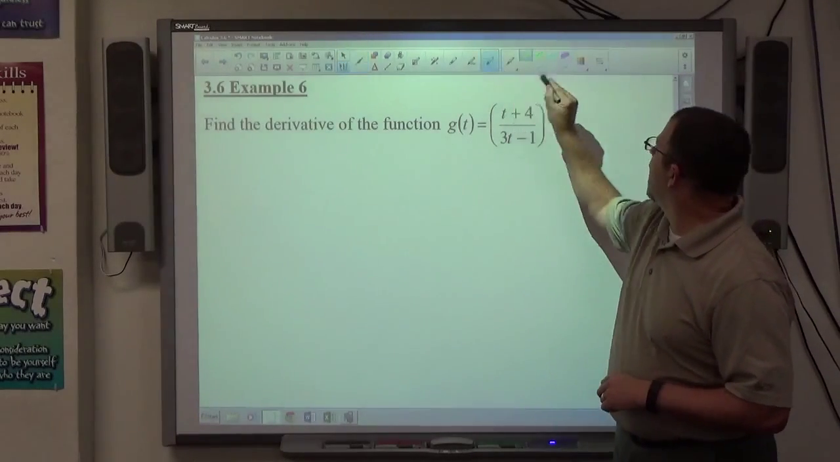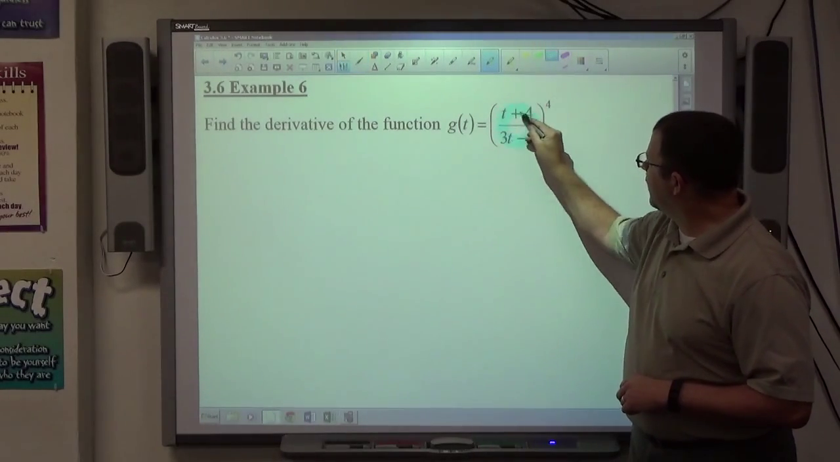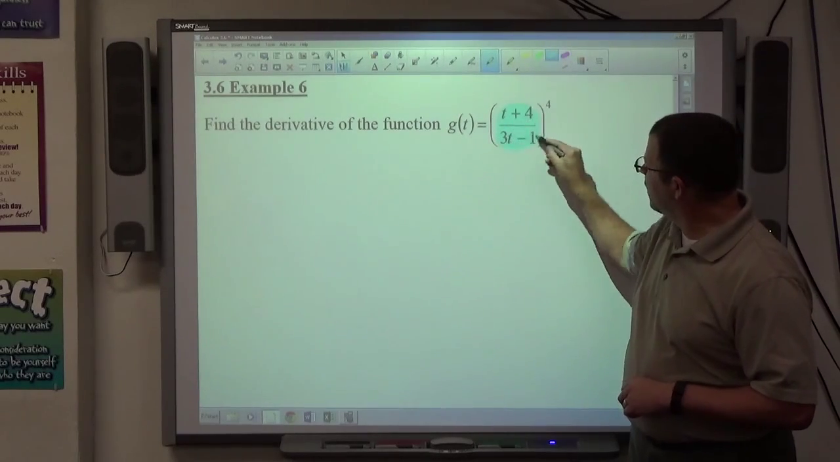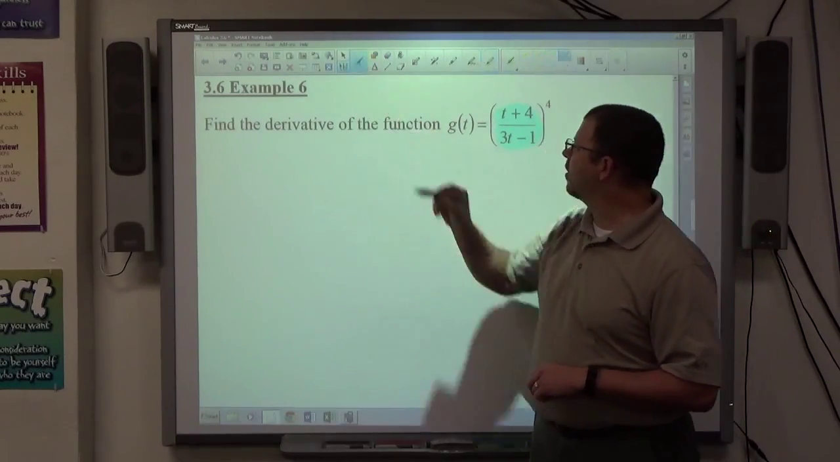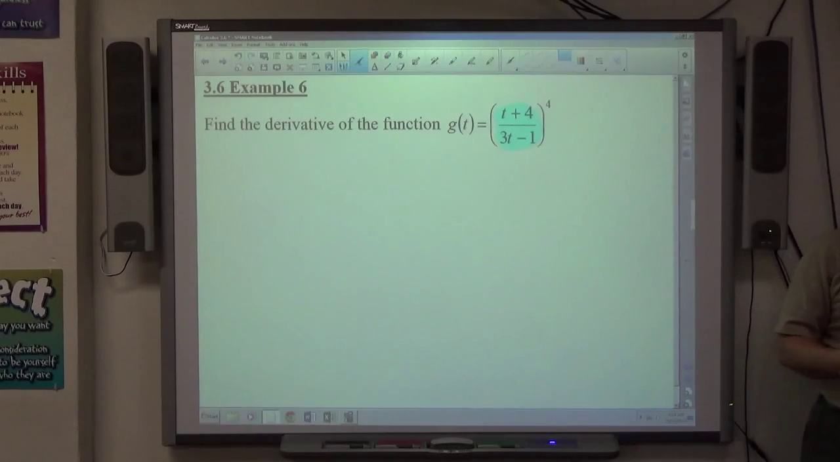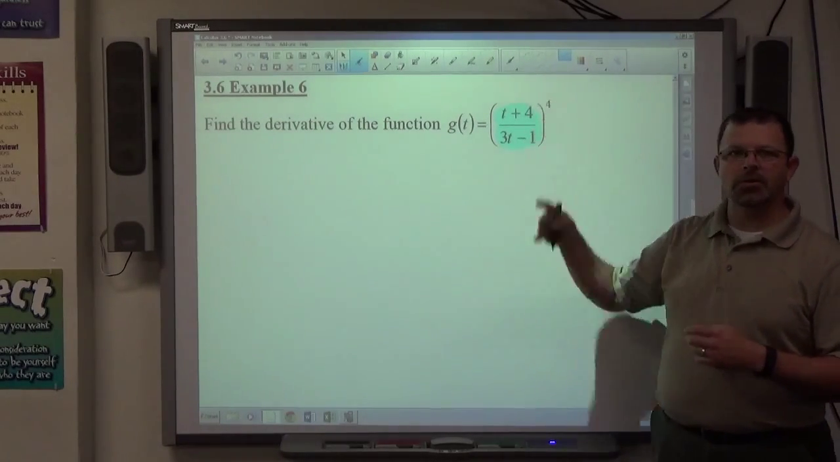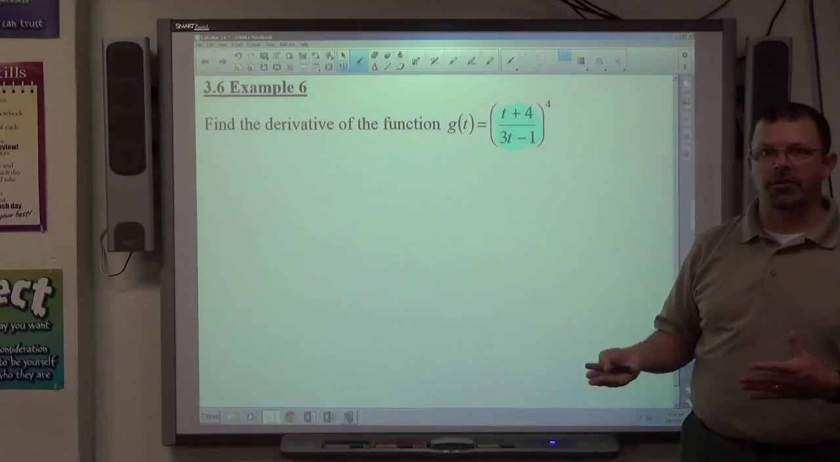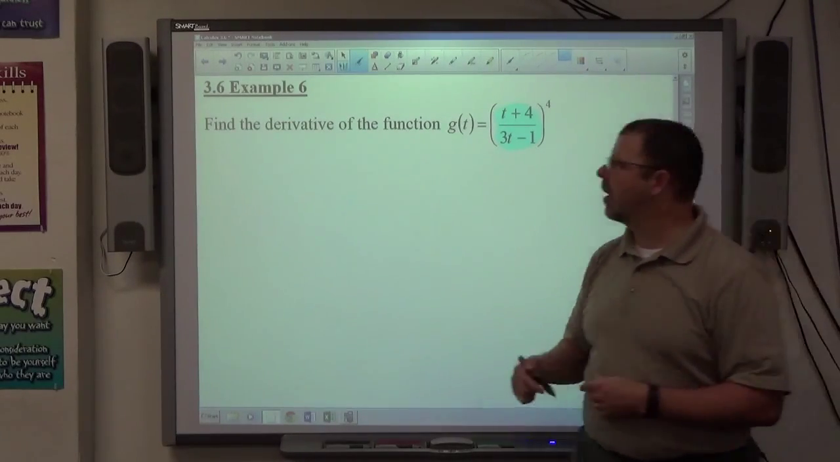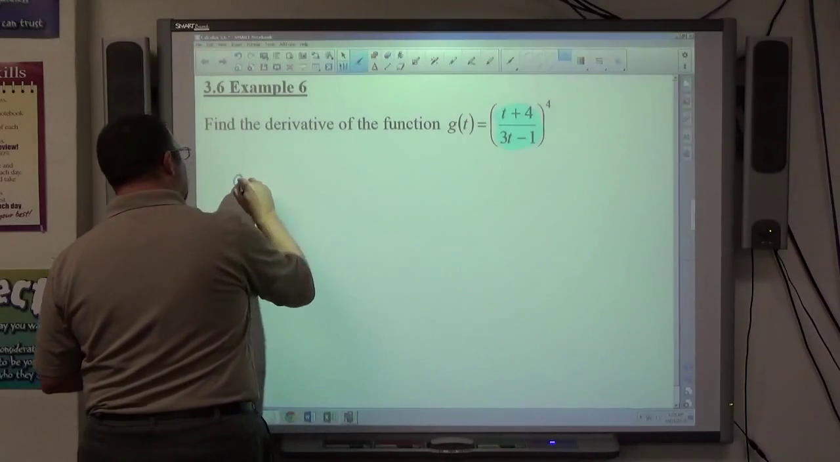All right, it'd be easy. In this case, we have a function being raised to the fourth power. So now we have to apply the chain rule to differentiate. But again, the overall structure of the problem is something to a power, so the power rule of differentiation is how we're going to differentiate initially before we apply the chain rule. So I'm going to go g prime of t